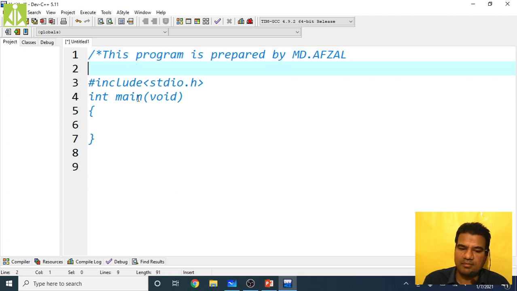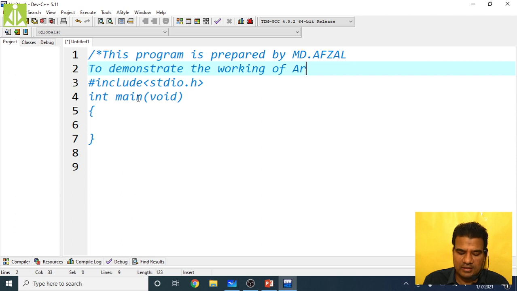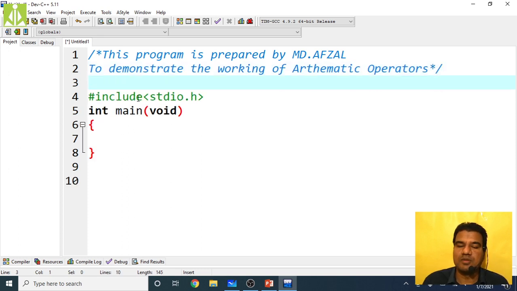And the purpose, for what purpose I prepared this program: to demonstrate the working of arithmetic operators. So like this, here I am ending my multi-line comment. Now you can see my comment is spanning more than one line.